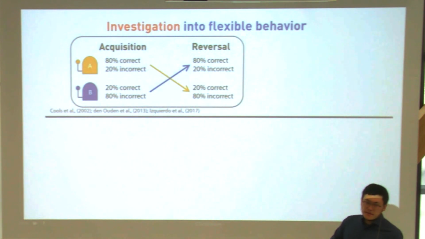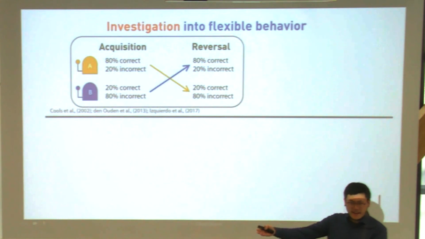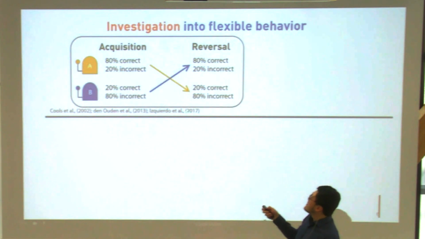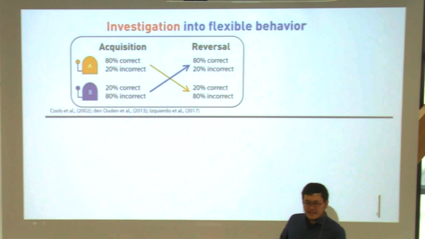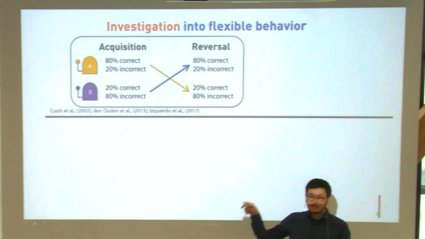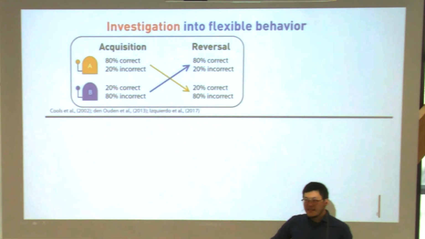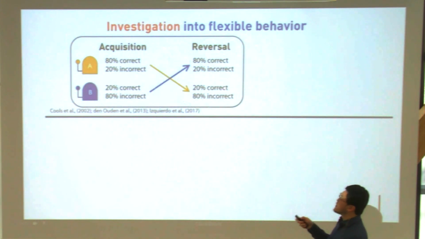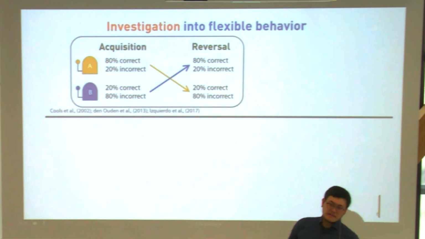So if I'm telling you, do a choice task, there are A and B, you have to choose which one you think will give you the maximum reward at the end of the experiment. You do this 100 times, for instance. You don't know whether there will be a change, and if there is, when it will happen. If you don't know that, you will have to repeatedly make the choice. Choose A, see the outcome, choose B, see the outcome, choose A, see the outcome. And then there will be a moment you find out maybe there's a change in the environment, so the reversal happens, and then you will change your behavior accordingly. This is what we will be measuring.